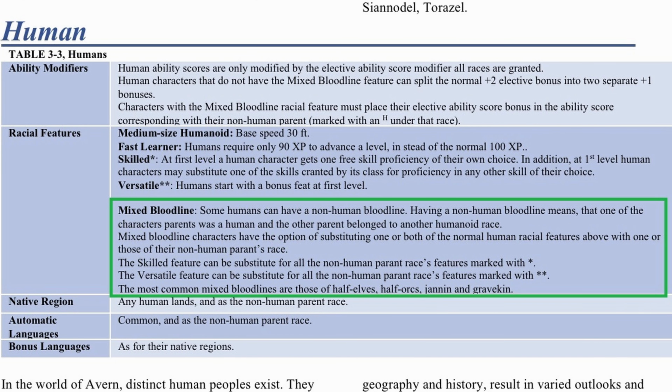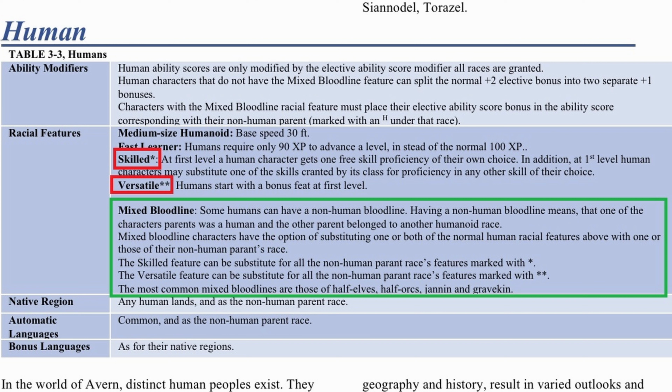Humans have the potential for unique mixed bloodlines, and these mixed bloodline individuals have the opportunity to choose features from their non-human parents' race. This flexibility makes humans adaptable to a multitude of situations. As seen on the table for humans, the features skilled and versatile are marked with 1 and 2 asterisks respectively. A human with a mixed bloodline may choose to substitute one or both of these abilities with racial features of